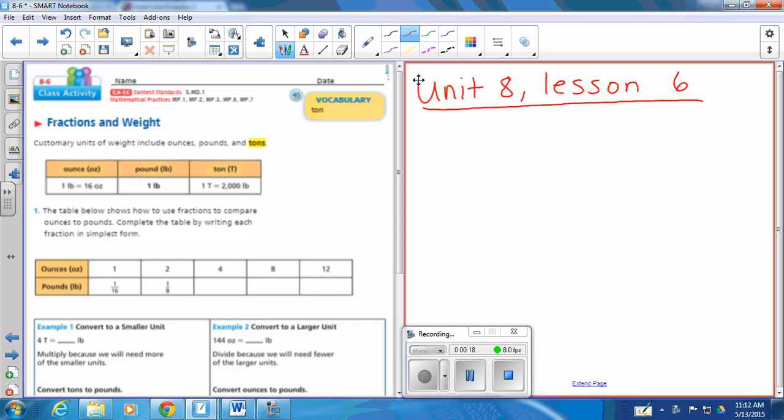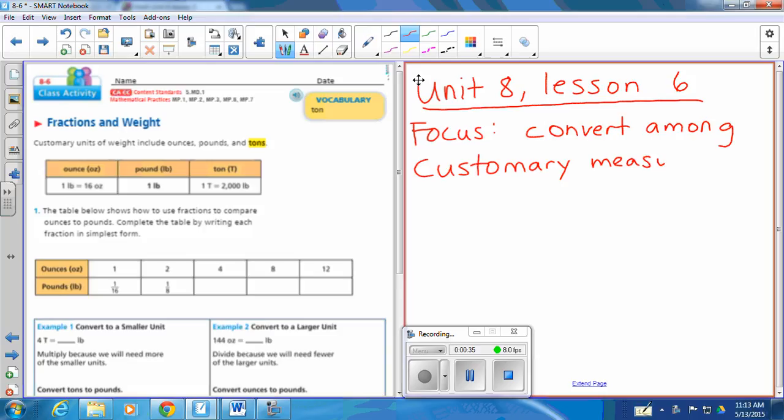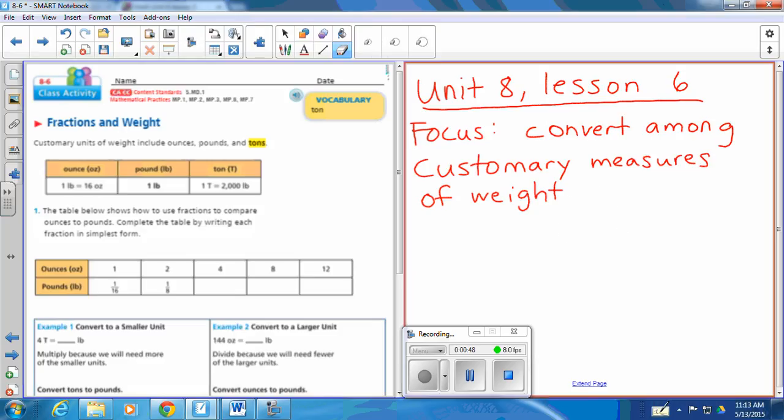Our focus for today is to convert among customary measures of weights. So again, we're in the customary system, which isn't that nice, neat base 10 that we loved so much. It's a little bit more complicated, but it is more familiar to us because that's what we use in the